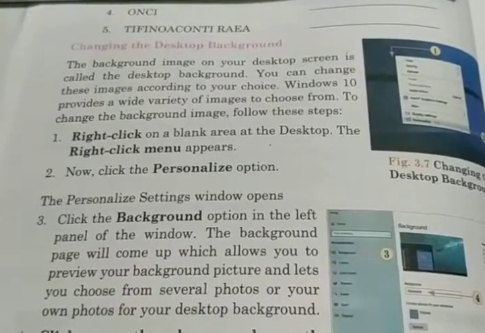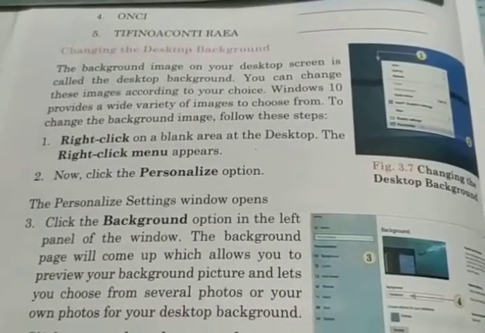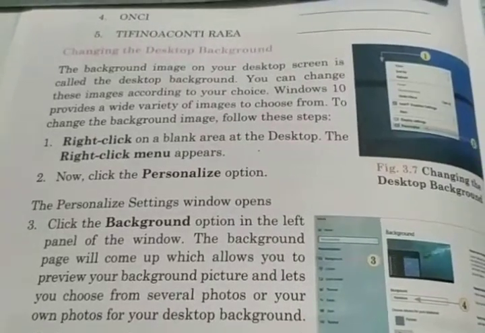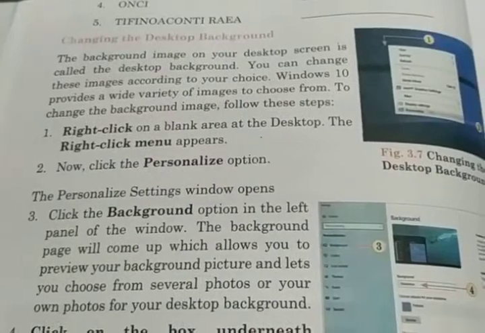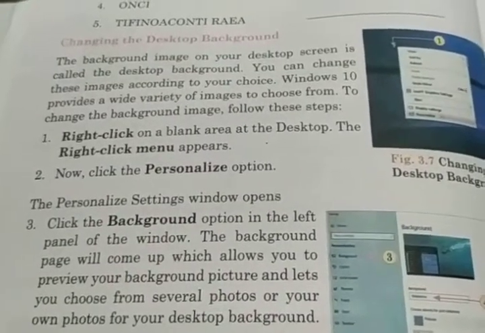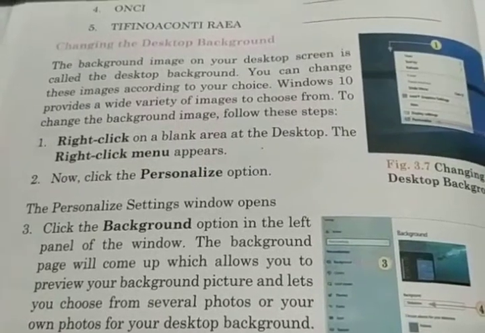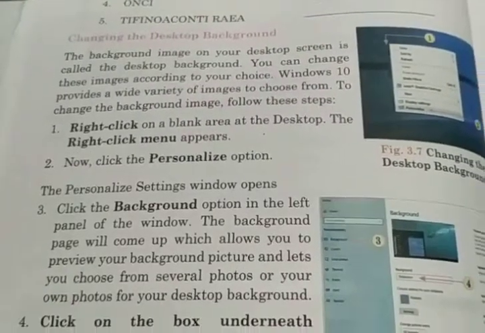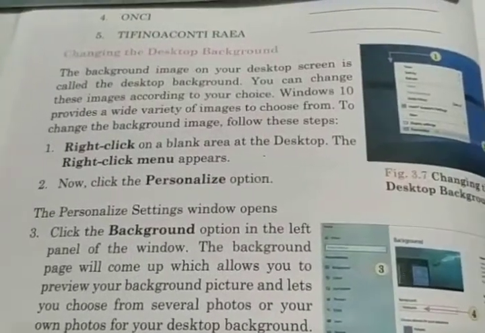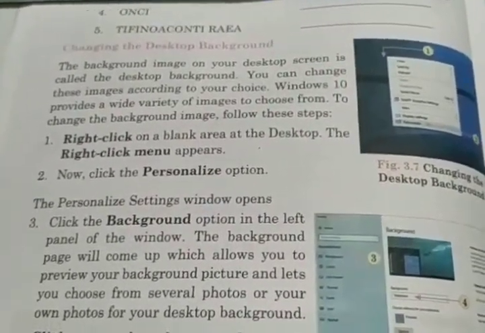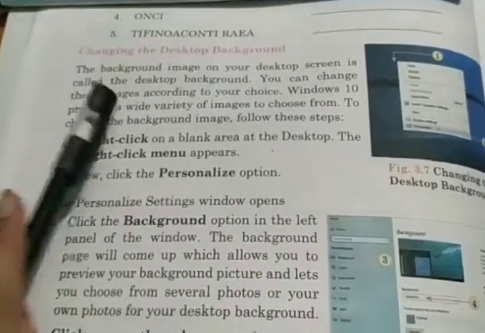We also came to know about each of the icons on your taskbar, what that is for, and then we also came to know about your desktop background, how you can change it and what that actually is. Okay, so we just came to know that we can change the desktop background, but how we will change the desktop background is what we will start our chapter from.